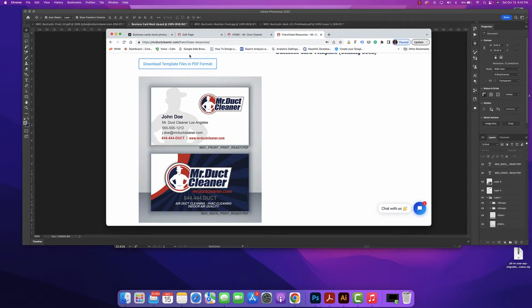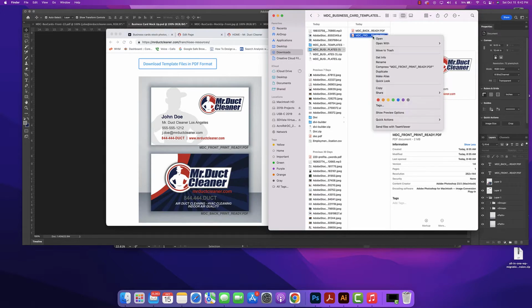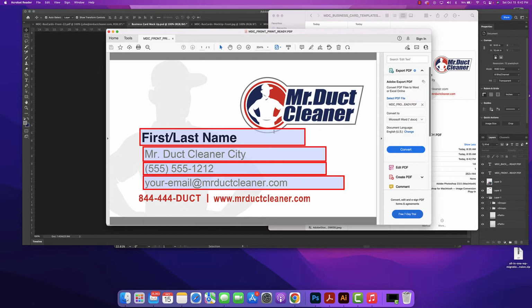The first step is to download the zip file and uncompress it on your local hard drive. Next, using the free Adobe Reader, open the file named MDC_front_print_ready.pdf. With the file opened in Adobe Free Reader, you will notice text boxes where you can enter your custom, personal